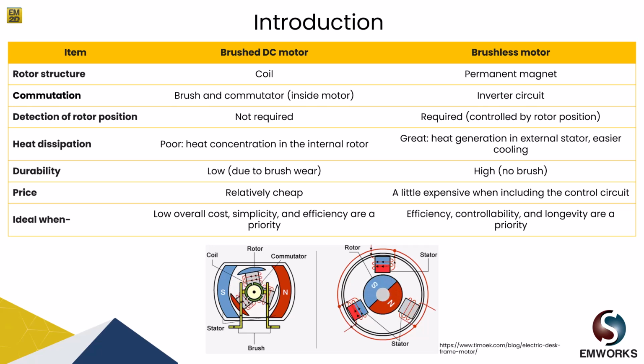In terms of heat dissipation, the BLDC motor has great dissipation of heat as the heat is generated in the external stator and it is connected to the enclosure casing of the motor, which has fins to radiate the heat generated within the motor, and it's easier to cool. Whereas in a brushed DC motor, we have a coil circuit in the rotor and it concentrates all the heat within the rotor. Next, talking about the durability,